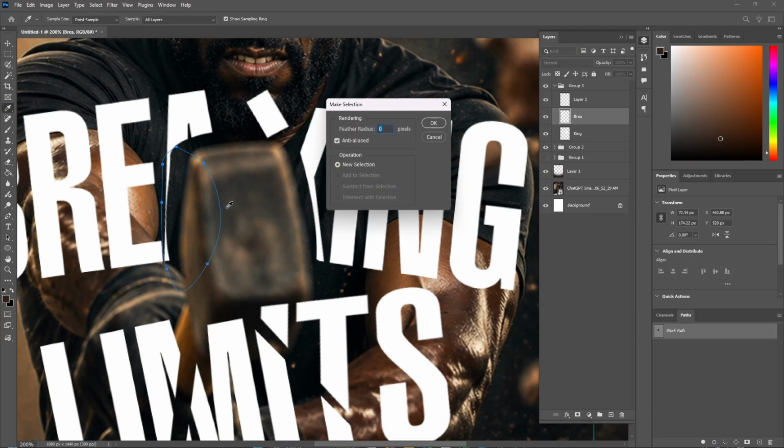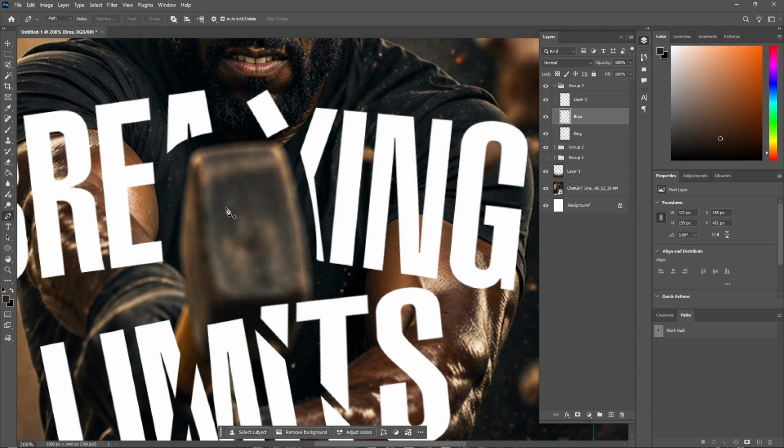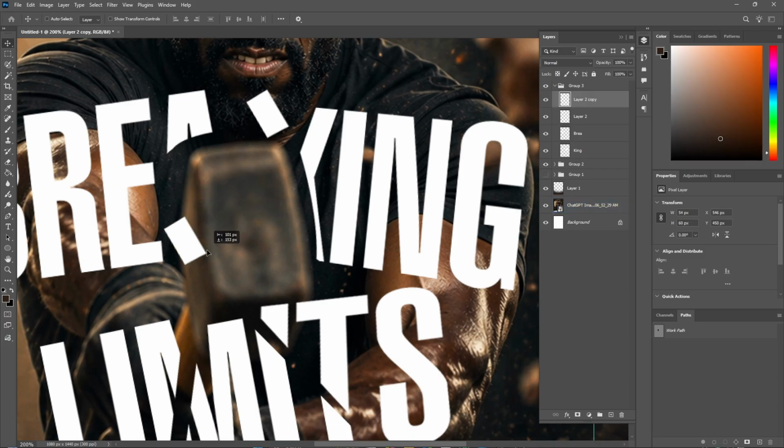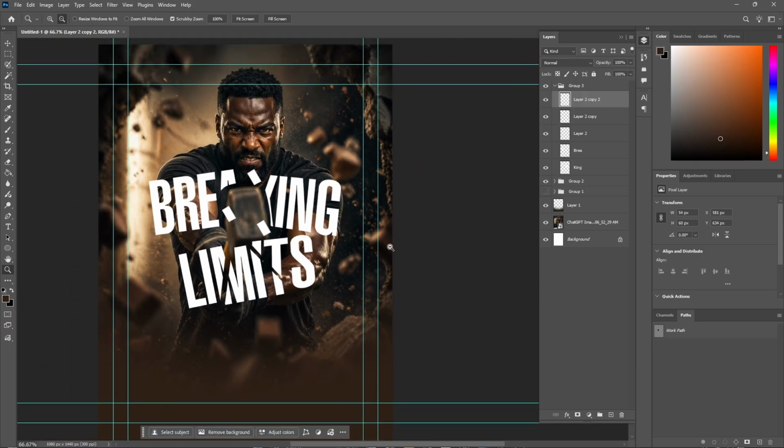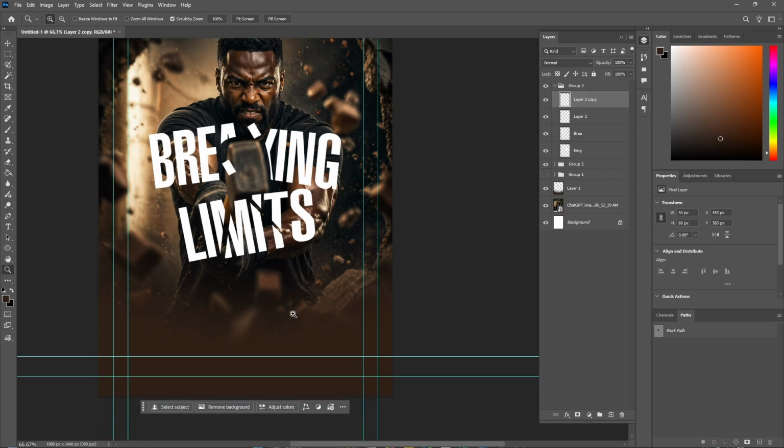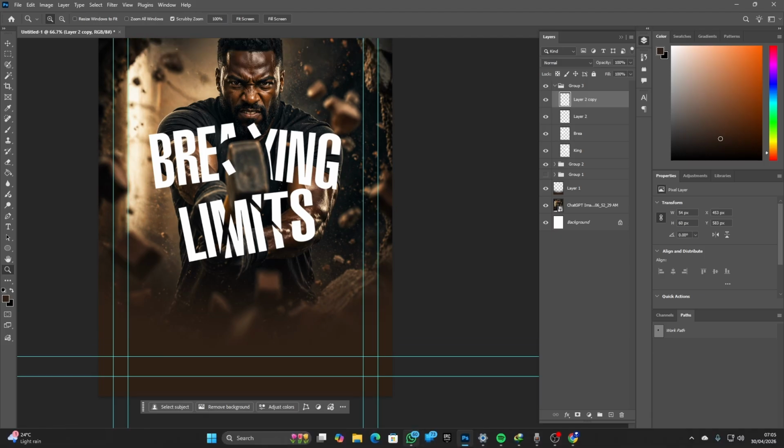Okay, make selection. Then Control D. Then I'm just going to play around with this particular layer we have here to make it seem as if some of the tests are breaking out at different levels. I think I overdid that. Let me leave that one there, and then I'll leave this one here. So we have these breaking limits, and then I'll just head over to